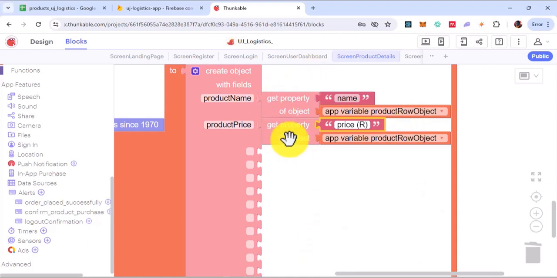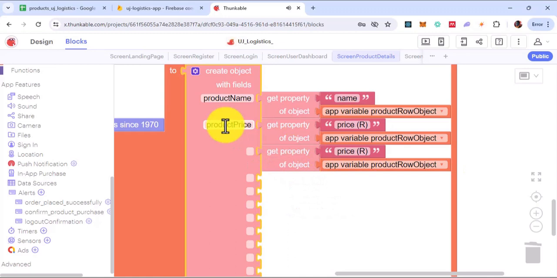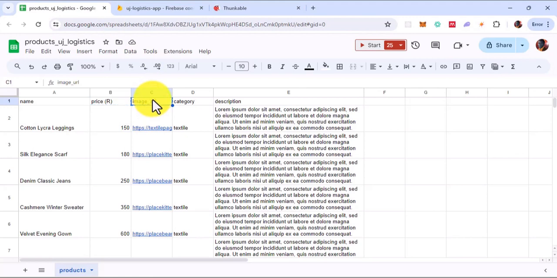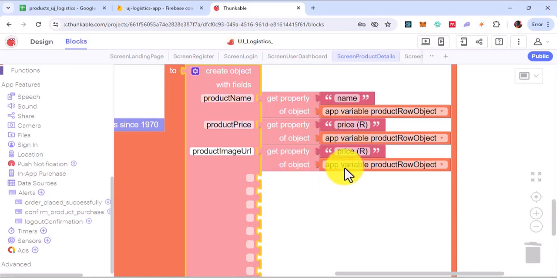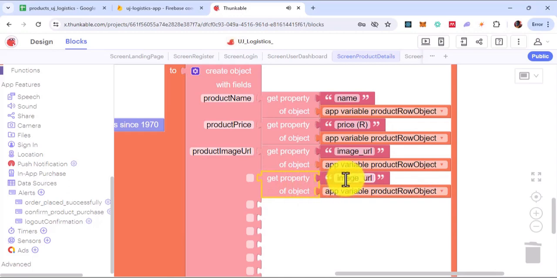The same thing for this, the product image URL. Copy the key, product image URL, come pick the exact key, and put it here. Just do that. It's very simple. I believe we have explained this earlier. So the next thing we actually need now